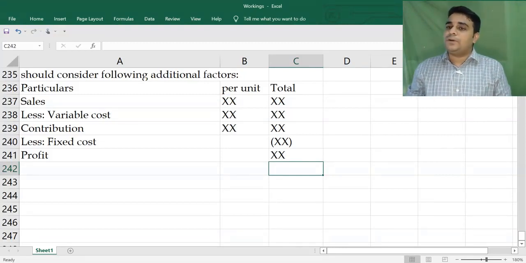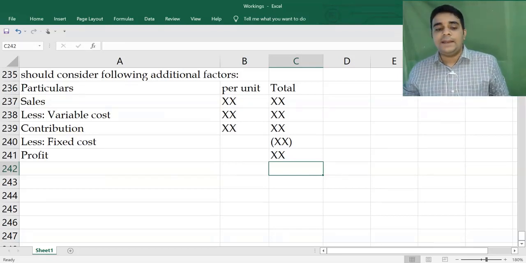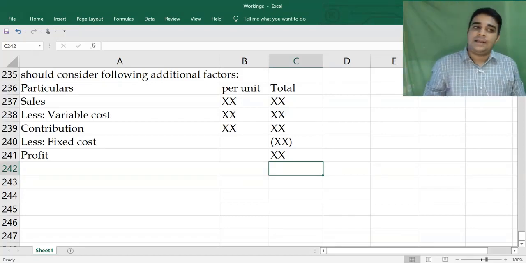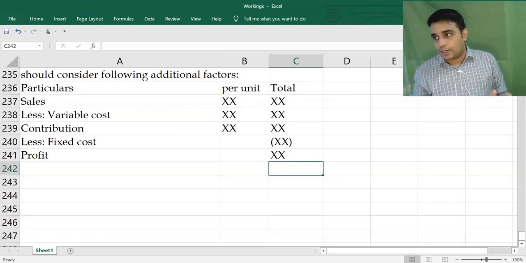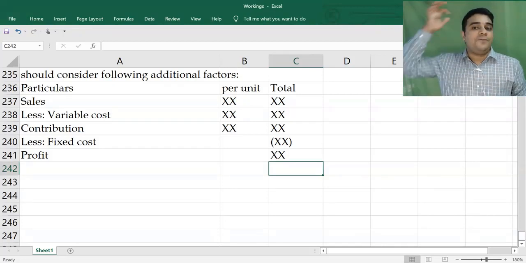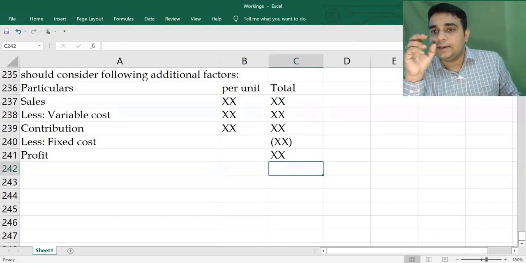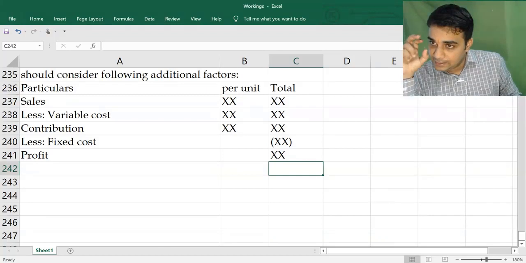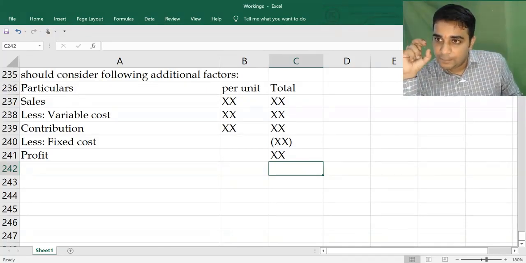Total variable cost is not a useful information. I want variable cost per unit. Though in my calculation I may have to write the total variable cost because I have to calculate the total profit, technically variable cost per unit is what I want and total fixed cost is what I want. These two are the useful information. Total variable cost and fixed cost per unit is misleading. Why this is critical is, if the question tells you that variable cost increases by 10%, then the 10% increase will have to be applied at a per unit level.